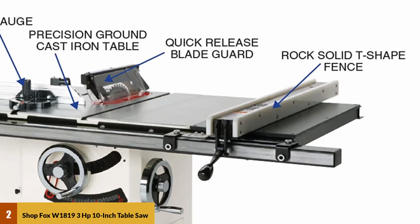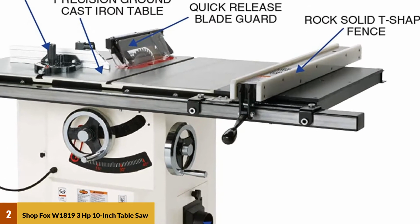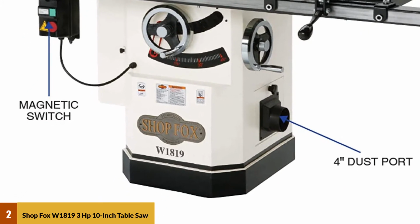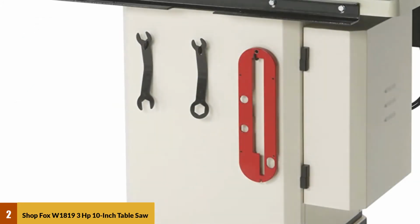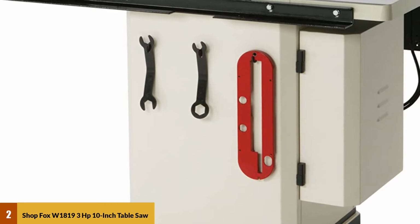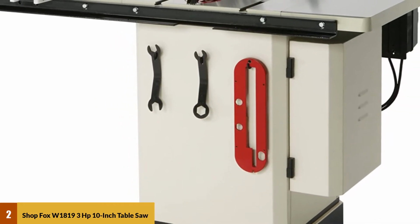Many users noted that the blade and fencing were perfectly aligned right out of the box, and that setup could be done without hiring a professional, which is great for woodworkers who want to begin using the saw right away. One thing to note is that despite the large size of the table, especially compared to the Bailey saw, the maximum rip capacity on this table is only 29.5 inches. This can make the saw difficult to use when you need to cut wide sections of wood for paneling or